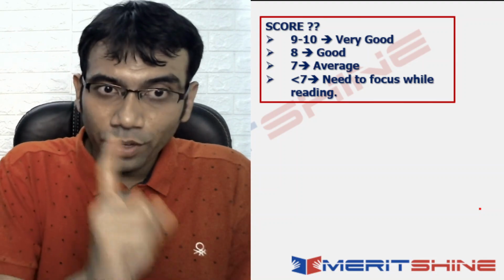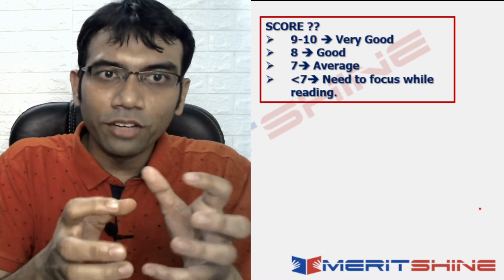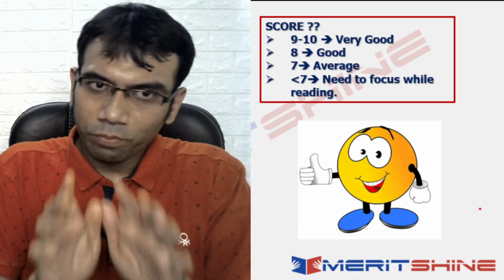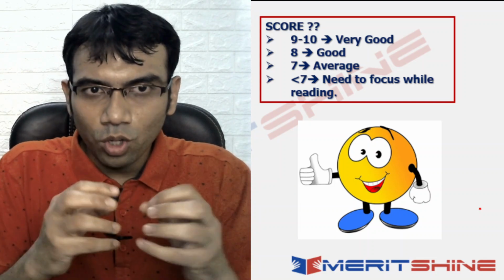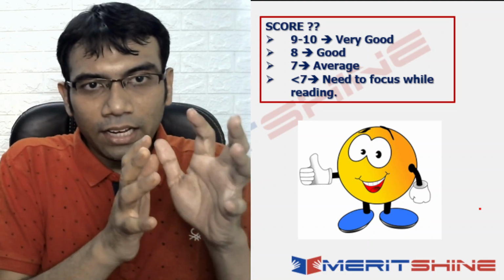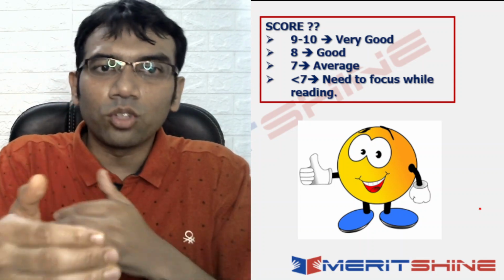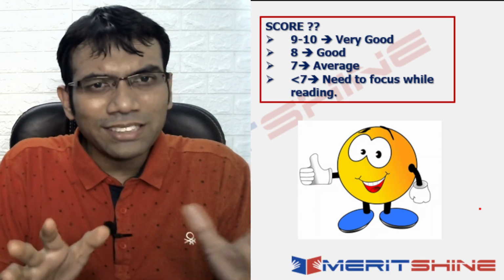Keep it up. That's the way you should do. Obviously within the 3 minutes of time that I told you to give to this particular set of questions. 8, good score. 8, good score, no doubt about it. 7, average score. You should target to get it into that 9 to 10, right? Even if it is 8 is okay, but it's better that you get into the 9 to 10 category, because you could have scored 10 out of 10 in this, or at least 9 out of 10 in this,